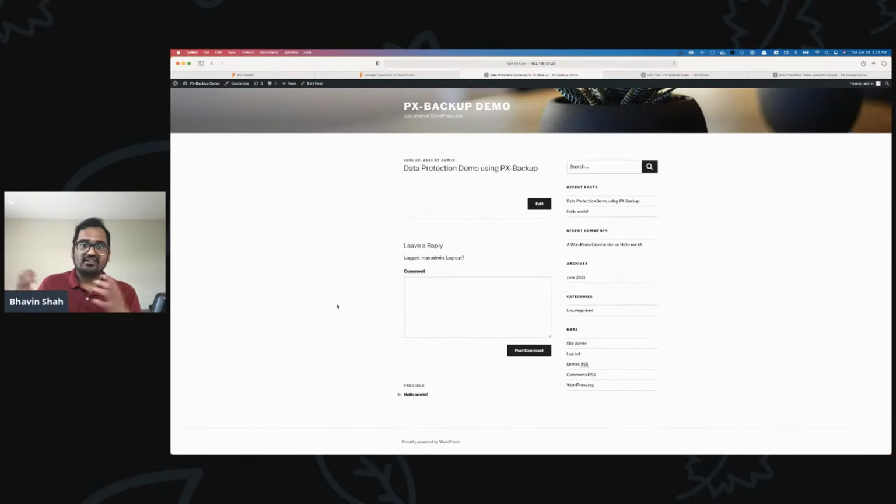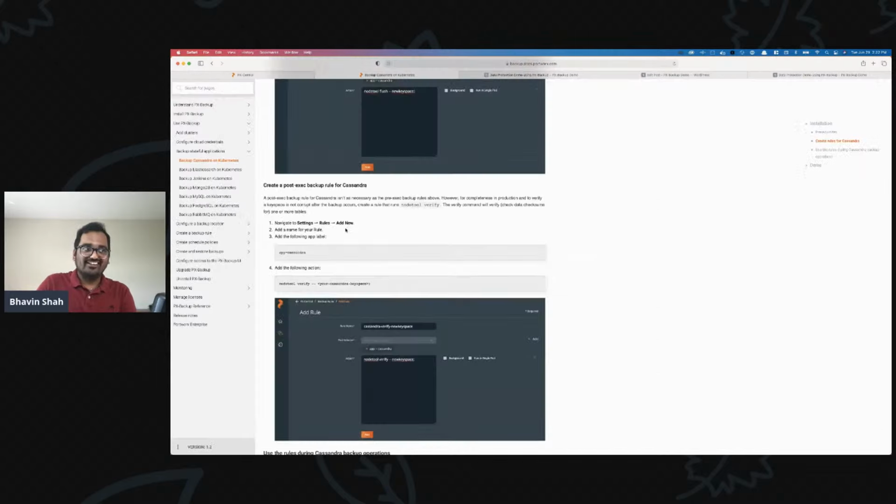Again, this wasn't a Cassandra demo. This was just a simple WordPress site, so we couldn't really test the application consistency piece, but you can use pxBackup to do that as well. This is just restoring a stateful application that's built using containers and all the different components that are protected by pxBackup. So now that the restore is successful,